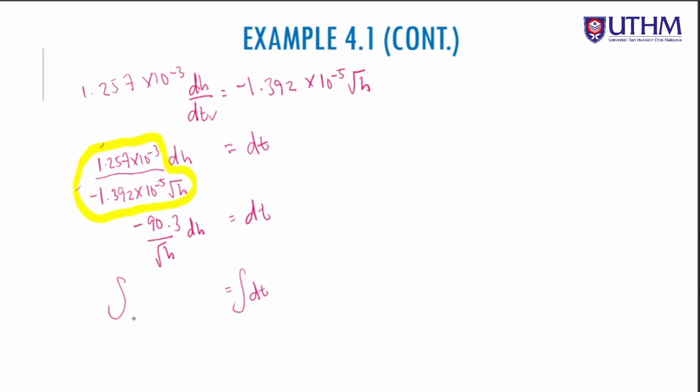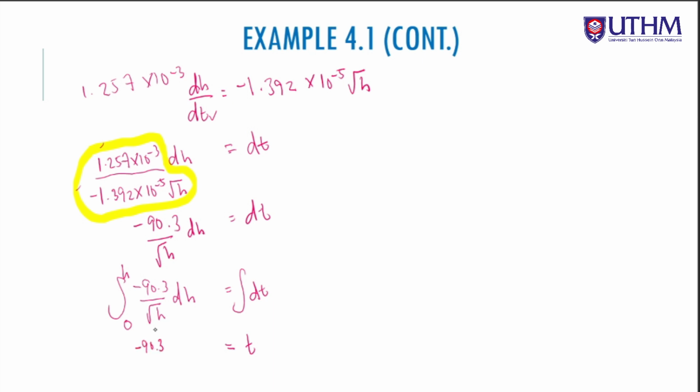Belah kiri ni kita integrate minus 90.3 over √H dH. Daripada mana? Daripada H tu kosong ke tinggi dia lah, ke H. Okay, dan bila kita integrate baru kita dapat T is actually equals to, bila kita integrate, kita yang ni integration lah. Hopefully you guys still remember negative